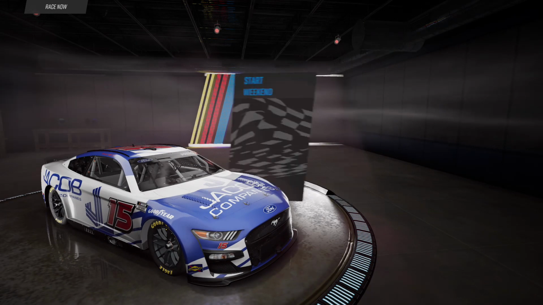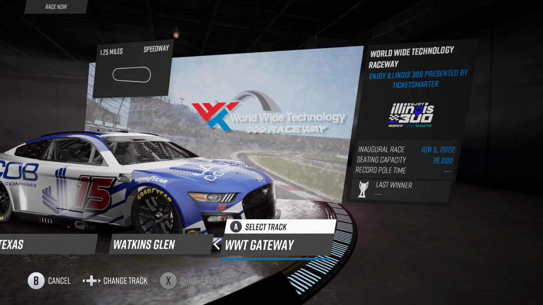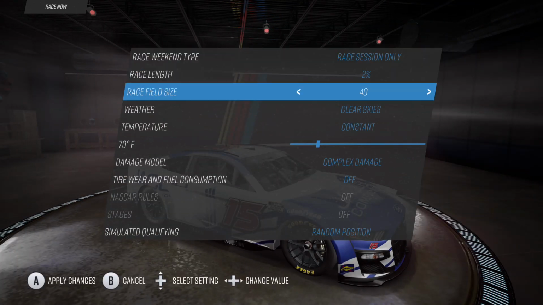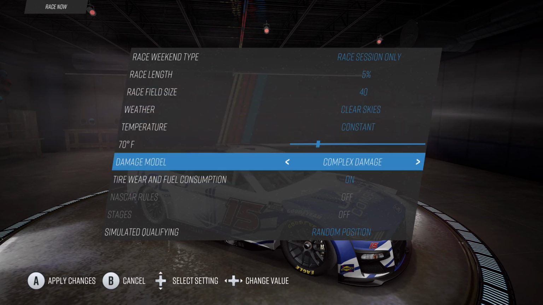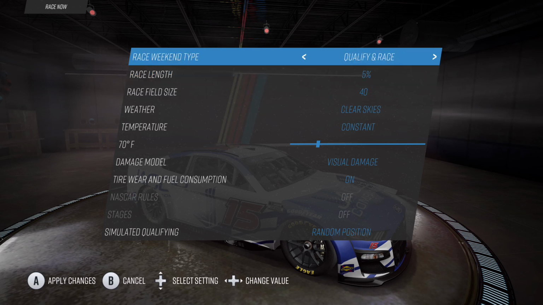Alright, so we're at the... Oh, wait a minute. Did you see the animation? Look at that. Okay. It filled in, but it was really bad looking there for a second. That was interesting. Alrighty, so let's see here. We'll go with 5% this time. We're going to go with tire wear and fuel consumption. We're going to just go to the visual damage. Not going to do anything with that. Race session only sounds...